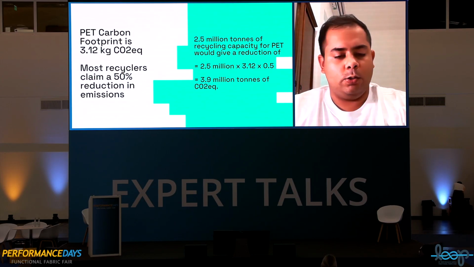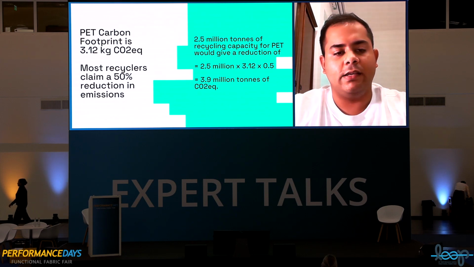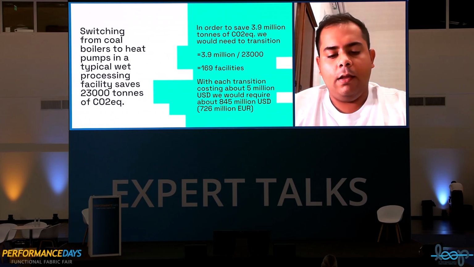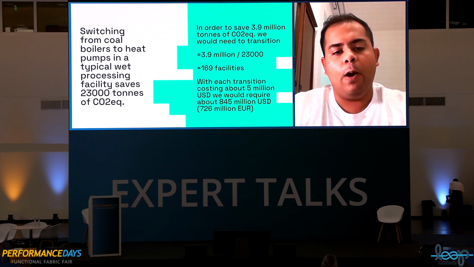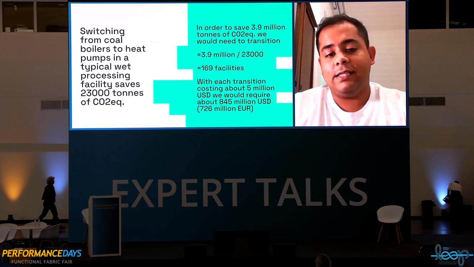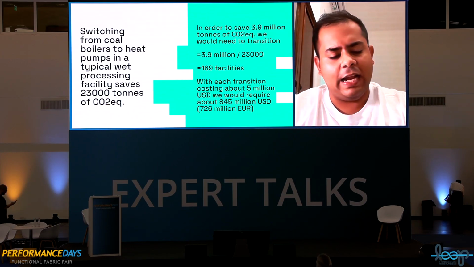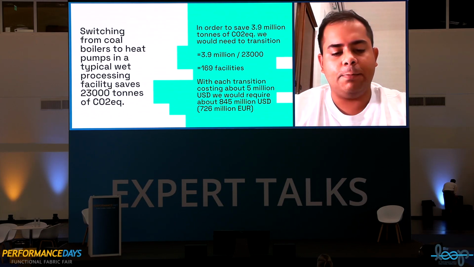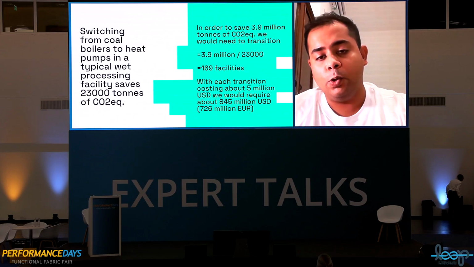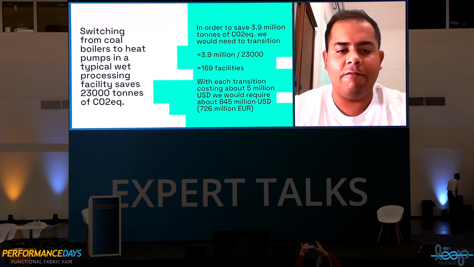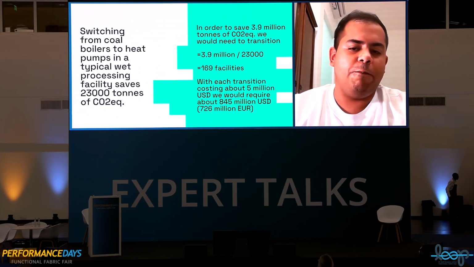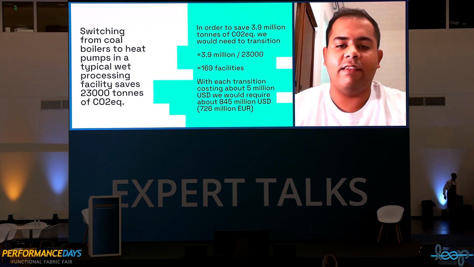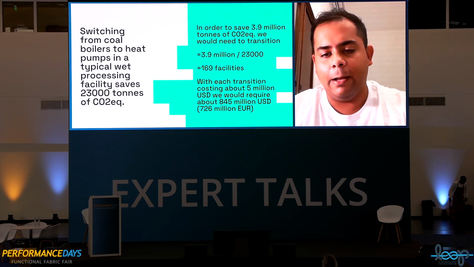So this is what $5 to $6 billion buys us. But if we were to save the same 3.9 million tons of CO2, converting an average size factory, going from a coal boiler to a heat pump, for that matter, is saving us 23,000 tons of CO2. Not just that, it gives out no fumes, so it's a very safe working space for people. It curbs air pollution in the nearby factories. It has a whole lot of other environmental benefits that come along with this. So if we were to save this 3.9 million tons of CO2, and every machinery upgrade is saving us 23,000, we would need about 169, 170 upgrades for that matter.